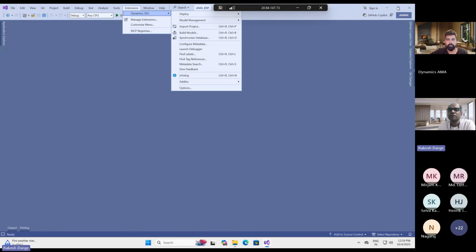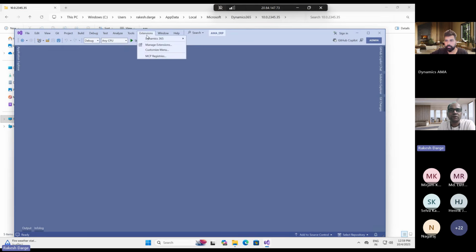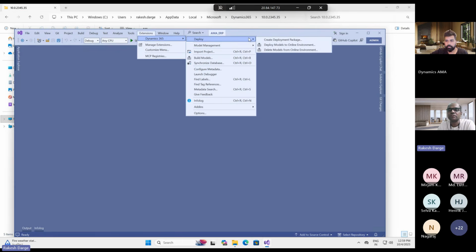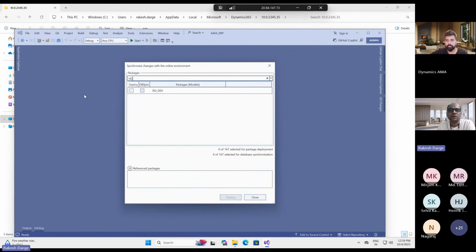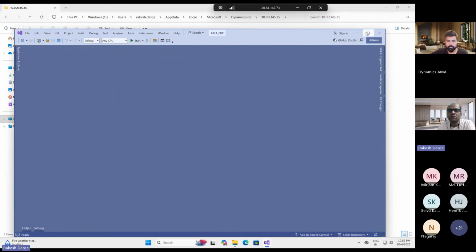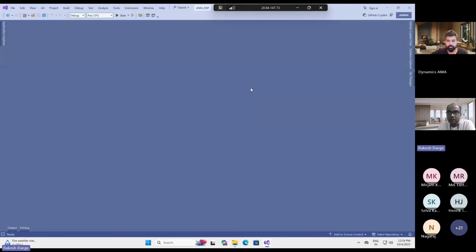The only core difference that I would like to highlight before I proceed further is the deployment option. In the deployment option, you will see the online deployment and deployment from a different online environment. So in my case, if I just created a new model, which is my name and dev, I can just select deploy. The moment I deploy any changes, they will automatically get deployed to the cloud environment. So there is no need for you to restart IIS locally or IIS Express. Everything is managed, everything running in the cloud in a nutshell, right? And you as a developer can just start focusing on this.